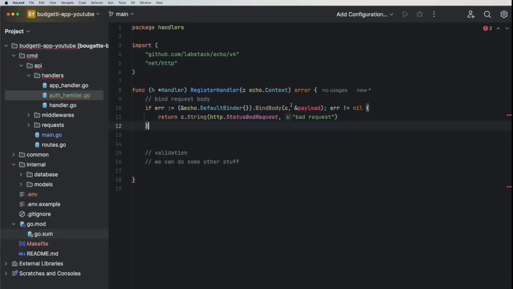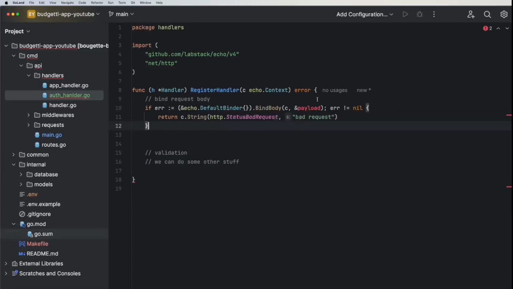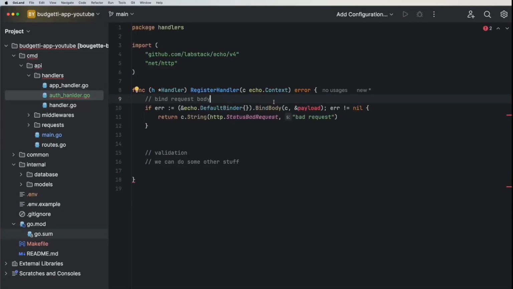You can see that what this bind method is expecting is any type. The purpose of binding our request is to replace the content of our payload